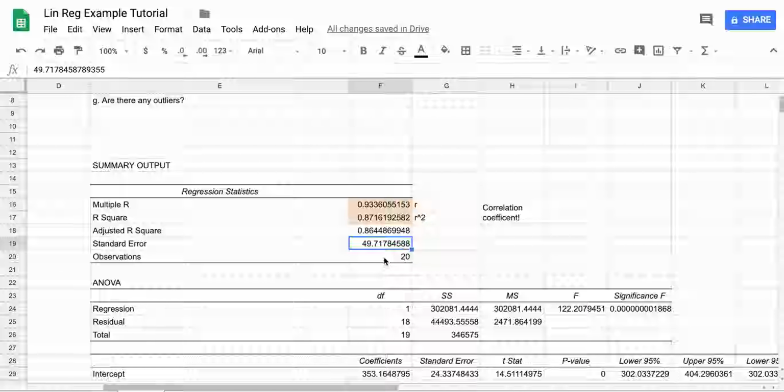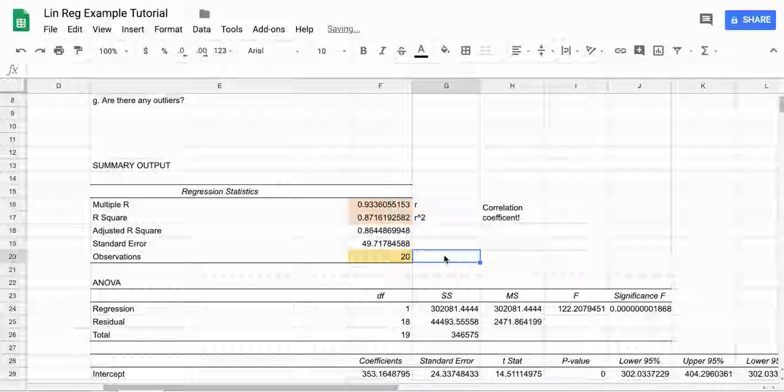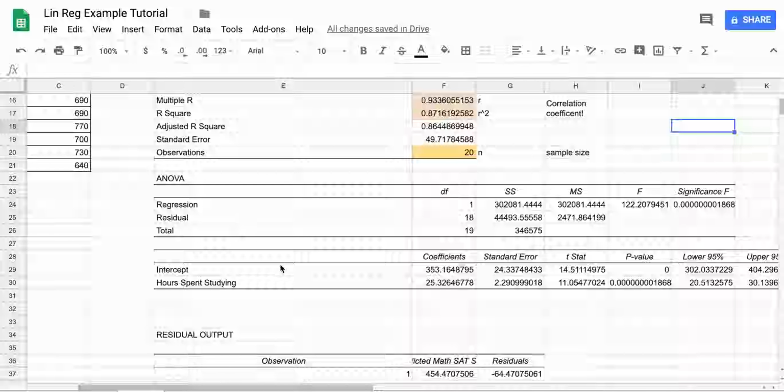My standard errors right here. Here's my observations. Let's go ahead and highlight that. Here is our little n, or the sample size. All right, what else do we have? The other things that we have is we actually have the coefficients. It actually spits out the, this is why I like it, intercept and hours spent studying. Right here, those are the coefficients for your